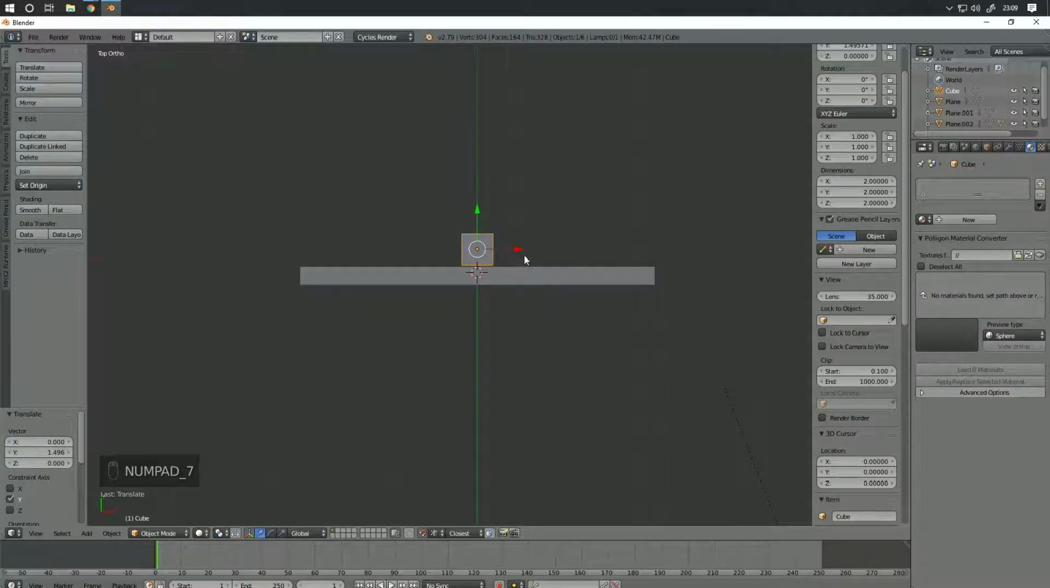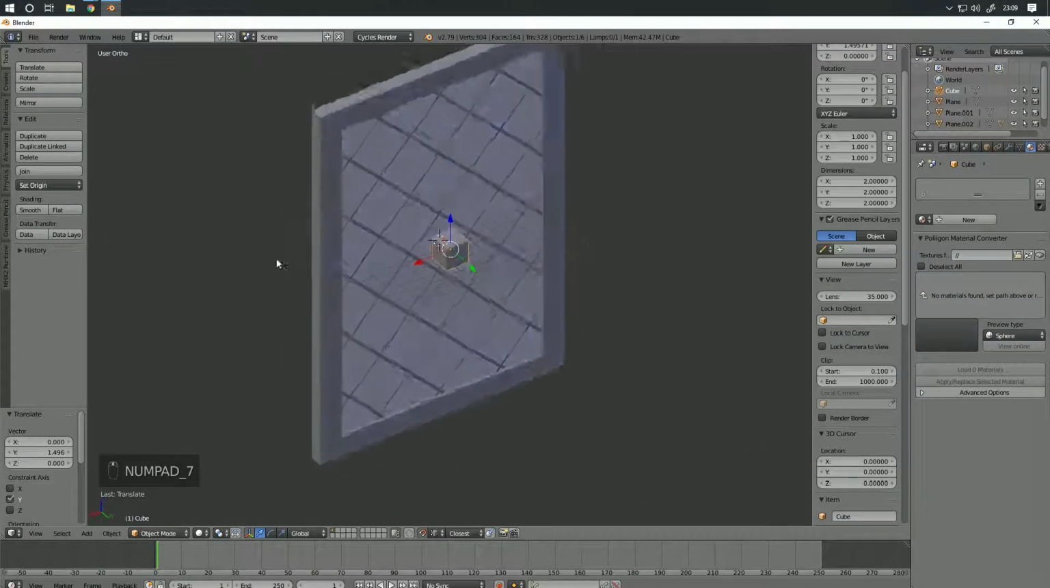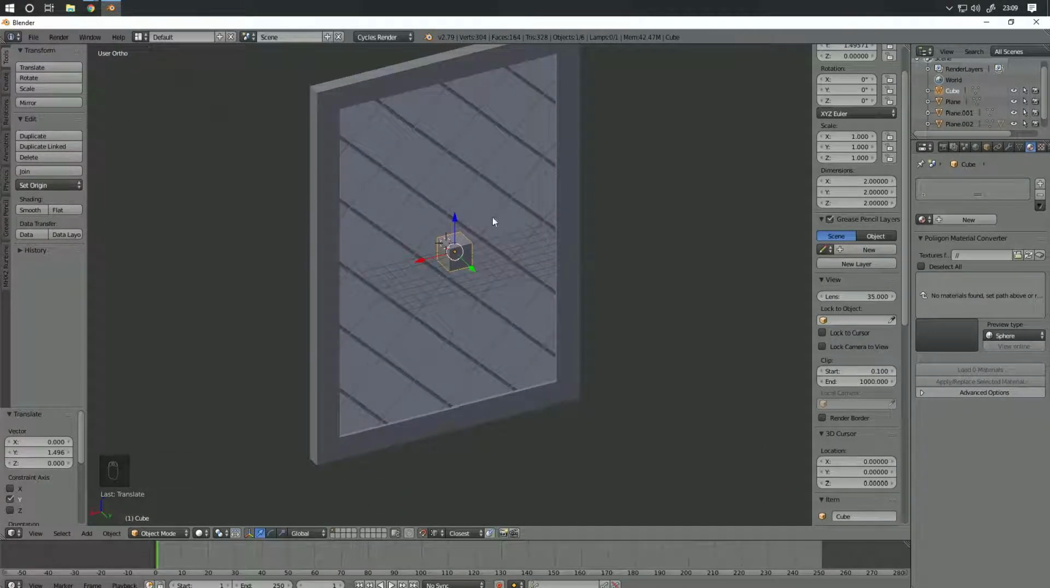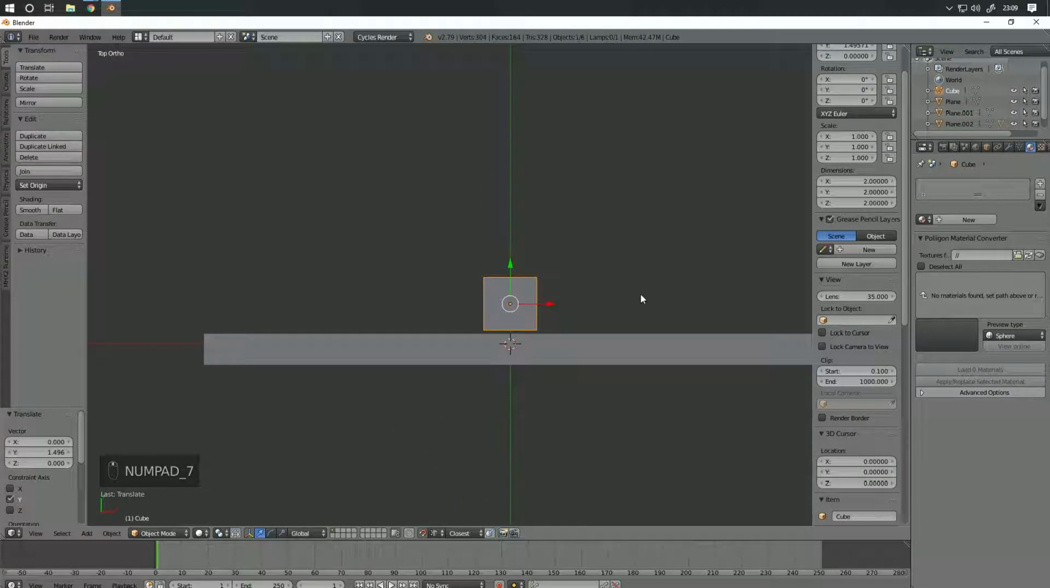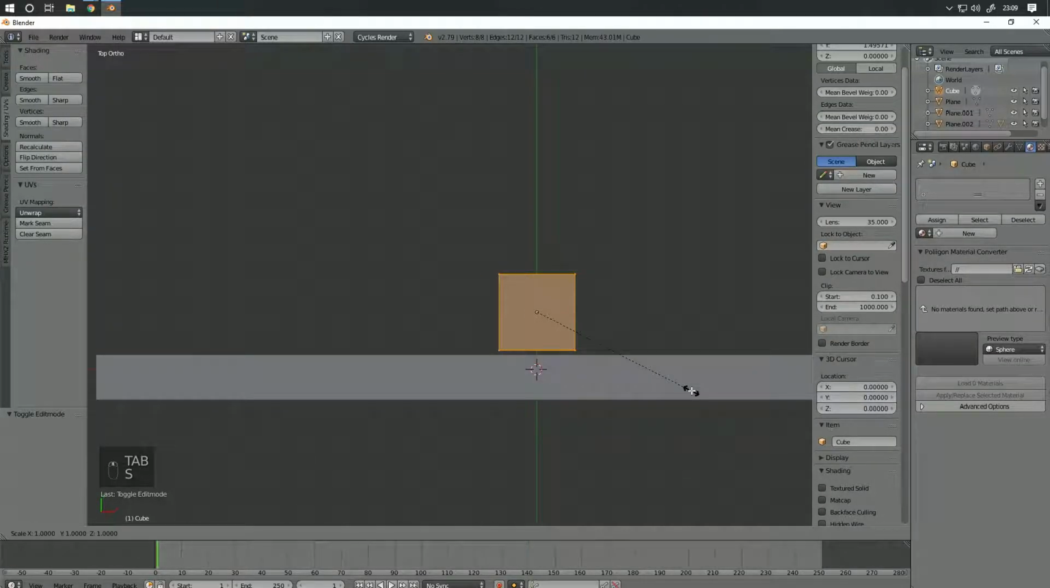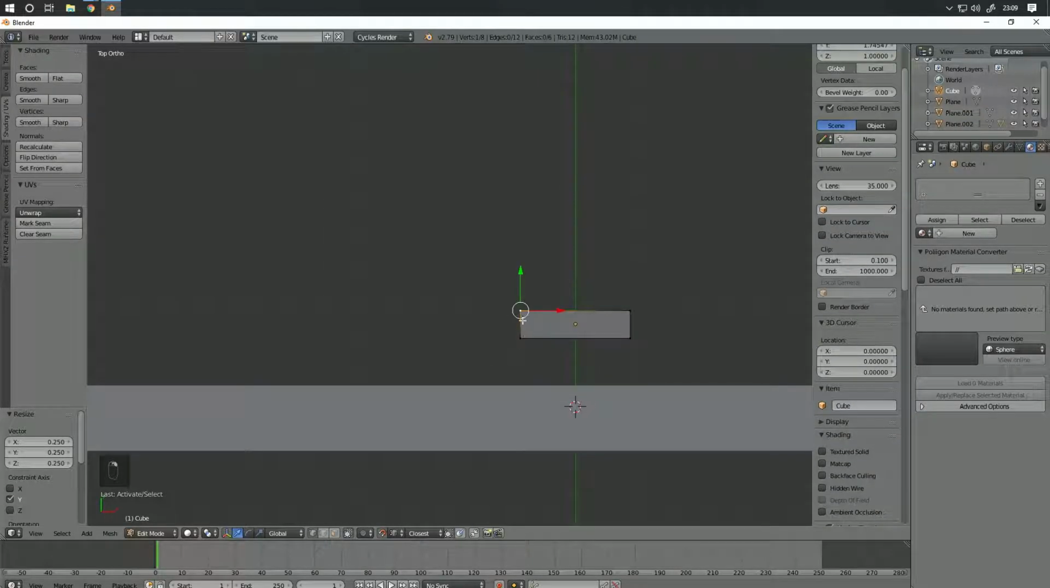Press 7 on the number pad. I would usually move this to another tab to create this, just so this window's out of the way, but I want to keep a rough scale in my head. So I'll just create it next to it. So I'll go to the top view again, press Tab. We're going to do S and Y to bring it in a little bit. And then we're going to